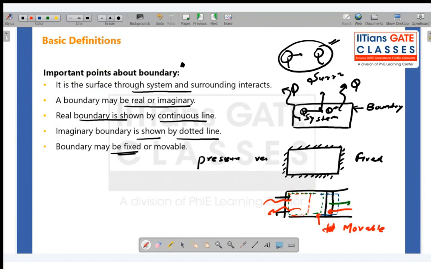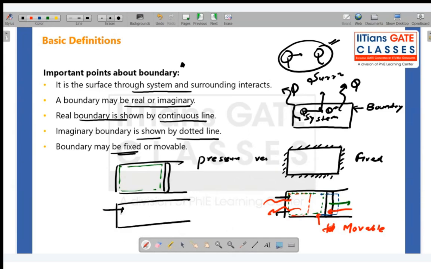Shivam, do you want me to repeat fixed and movable? It's very simple. Look, if you take a piston cylinder and there are no walls in it, there are no valves, then what is the boundary? The boundary is this. This boundary is not going to change. Okay, it is fixed. But if you have a piston cylinder with a valve, valve means fluid can come out, fluid can go in,